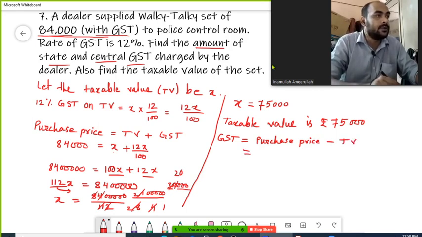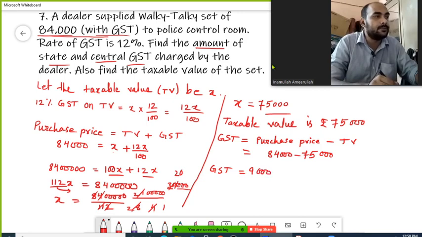So here purchase price is 84,000, which is given in our question. Taxable value is actually 75,000. So this way GST is